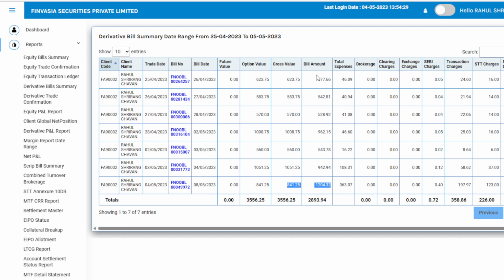You see here, day 1 profit 577. This is after deduction of the trading cost. We are trading with Shoonya Finvasia. Second day 542, third day 528, fourth day 962, fifth day 543, again sixth day 942, and seventh day 1204 is the loss. So overall we are in a profit of 2,893 with the investment of